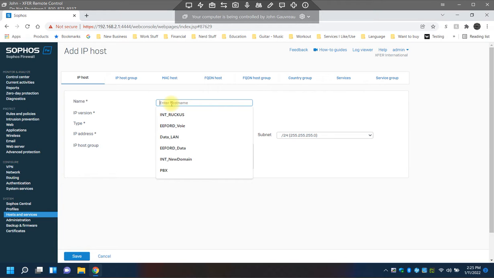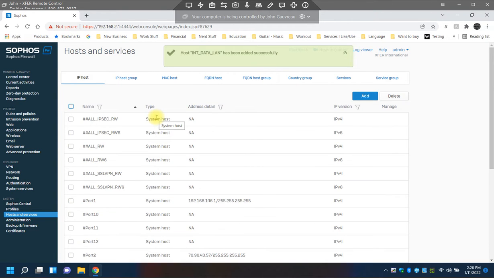And we create internal_data LAN, and that's a network, okay? And that's going to be 192.168.146.0/24, okay? And we hit save. So the reason why we do that is when we want to create firewall rules and